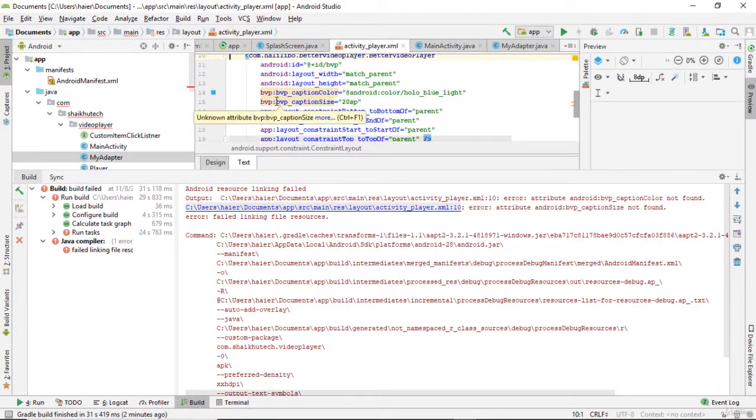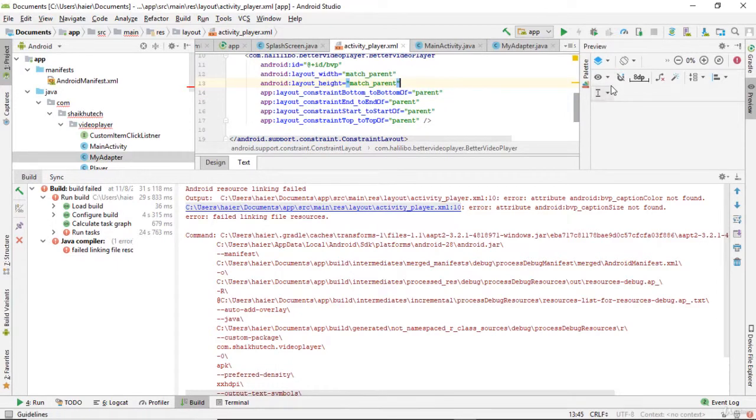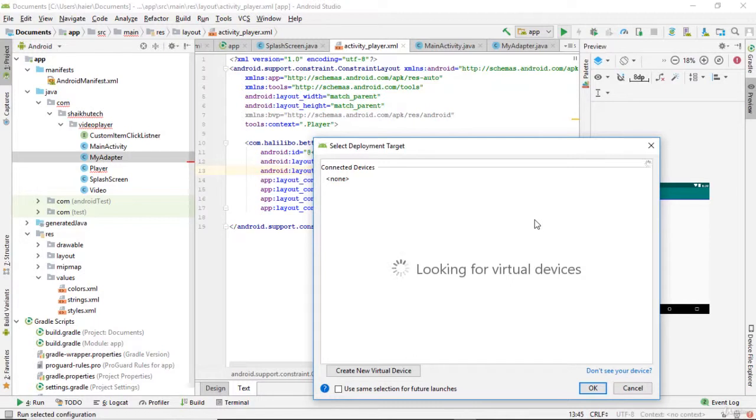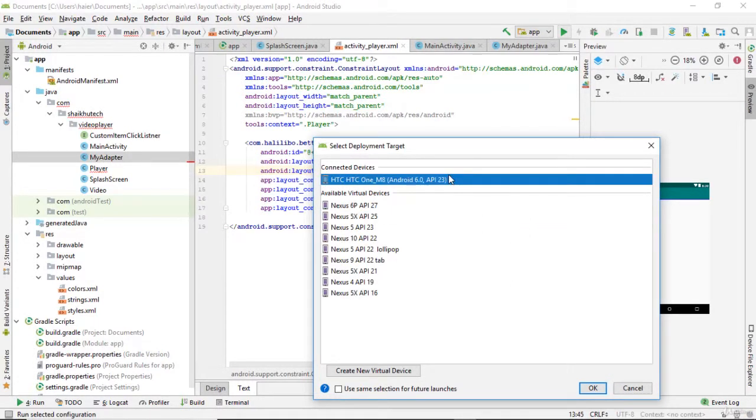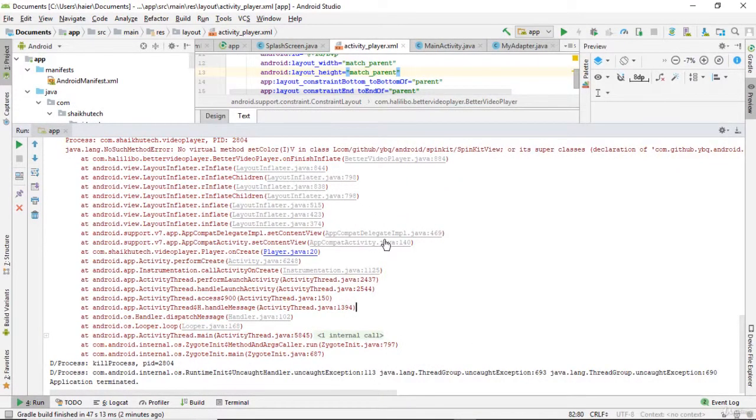So get here and just remove these two attributes. We don't require captions for now, so just remove them and let's run the project again and see what happens. When I run the project and click on one item,